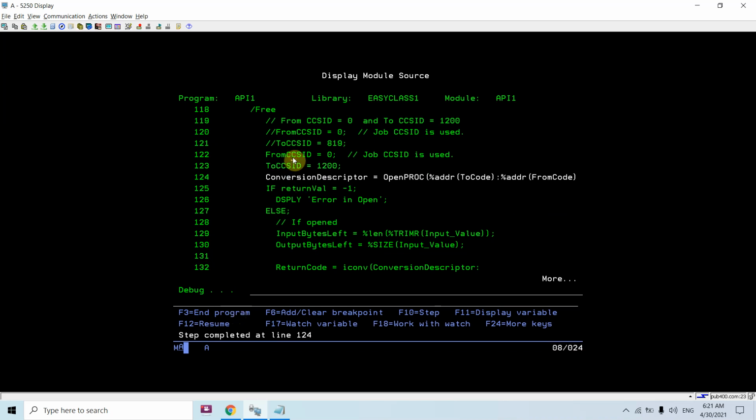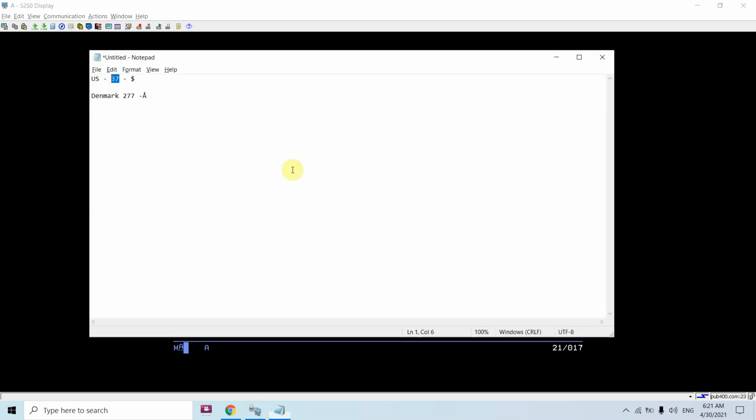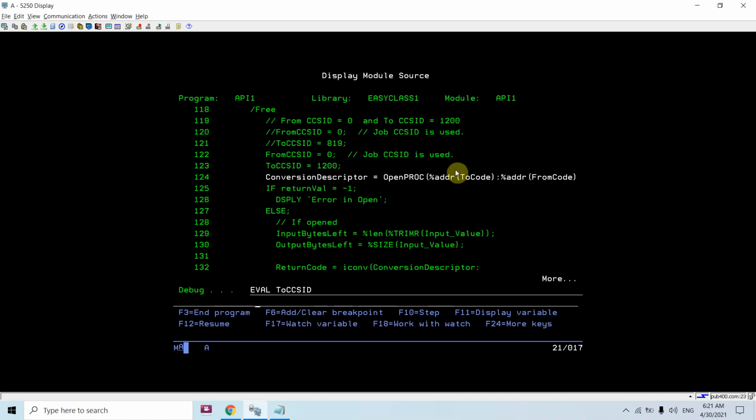Now from CCS ID 0 to CCS ID, let's change this. So let me tell you, if CCS ID is 37 and we have a dollar sign, so just F11 F9, I am replacing this hello value with the dollar character to show you this demo. So you can see in CCS ID 37 this dollar character is correct. It is represented as dollar, which is correct.